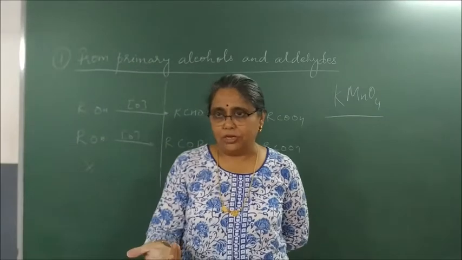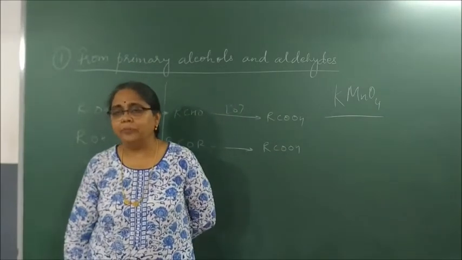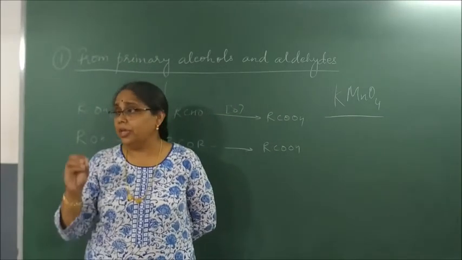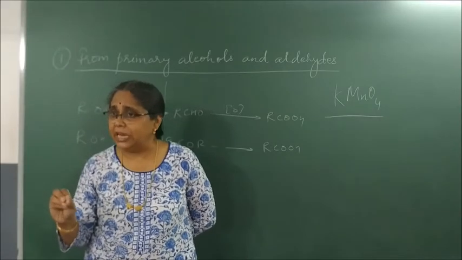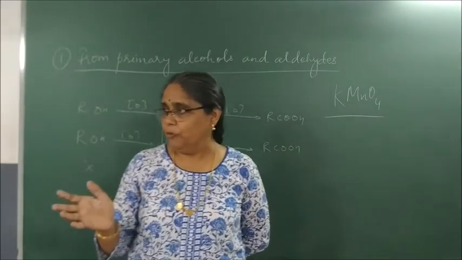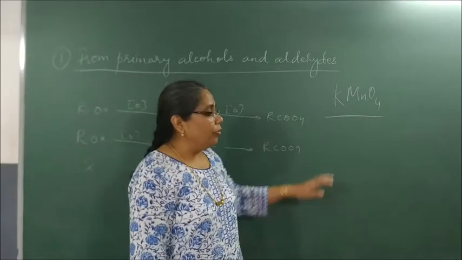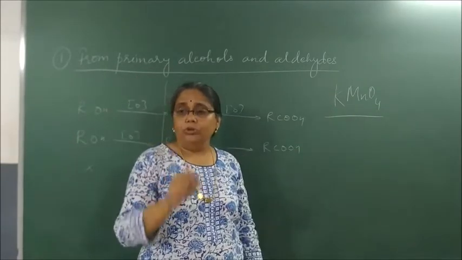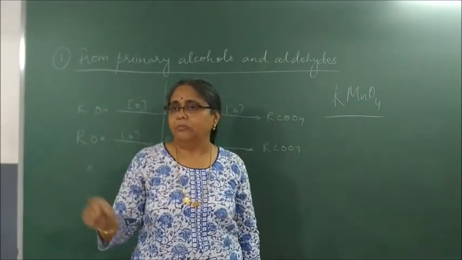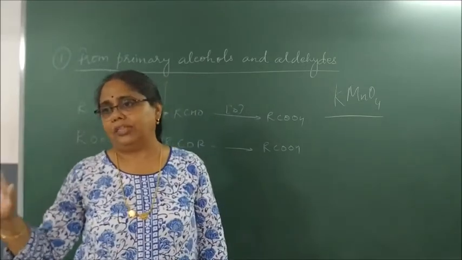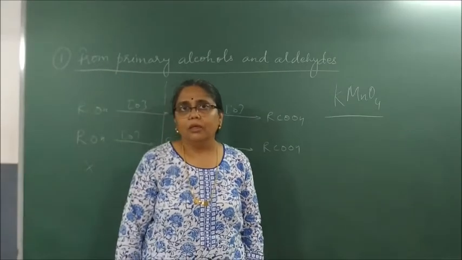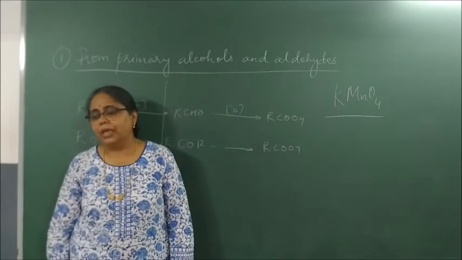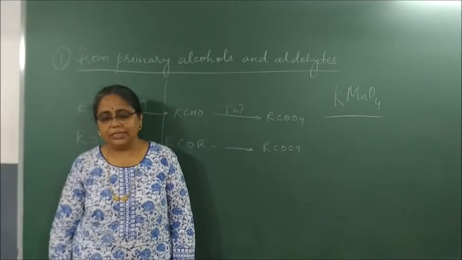State board, we still do not know. So potassium permanganate and potassium dichromate were very important 5-mark questions from D and F block, which have been removed now. Okay. So KMnO4, please write in bracket neutral, acidic or alkaline medium. All three media will give you acid. In neutral, alkaline or acidic medium,